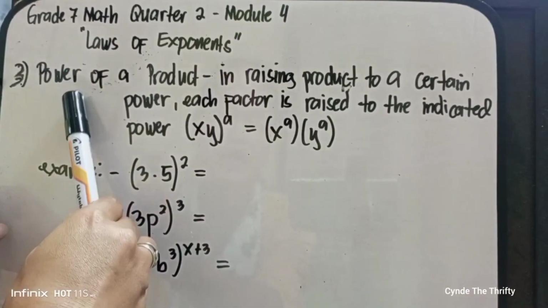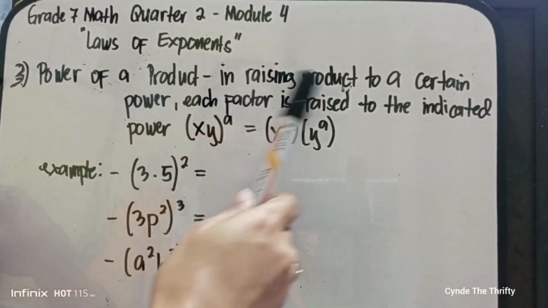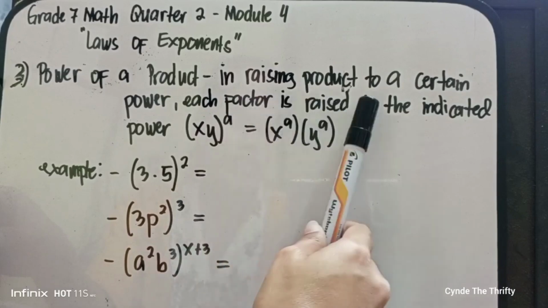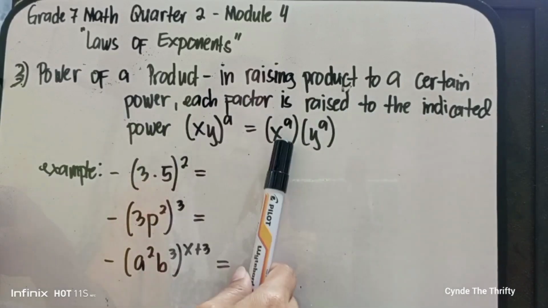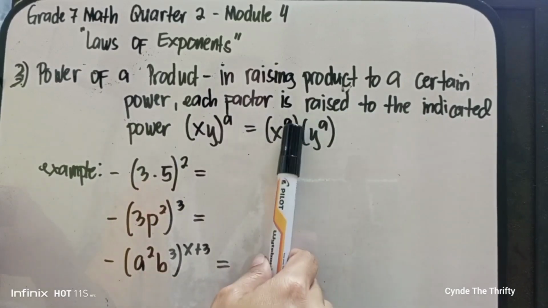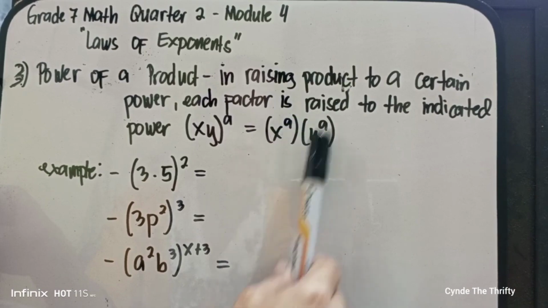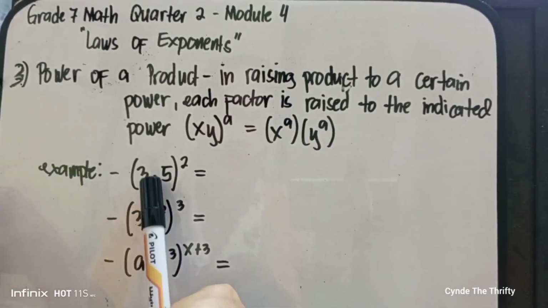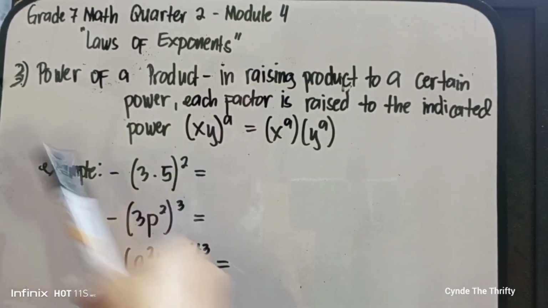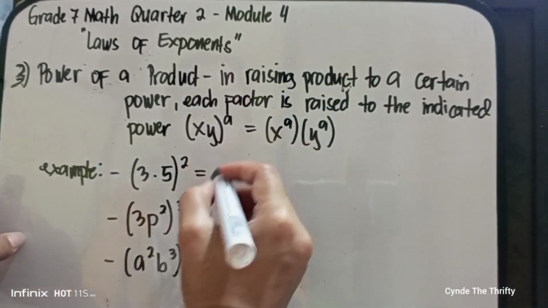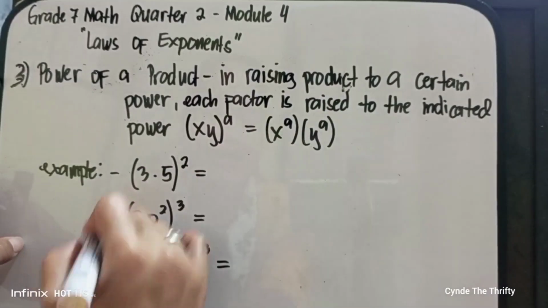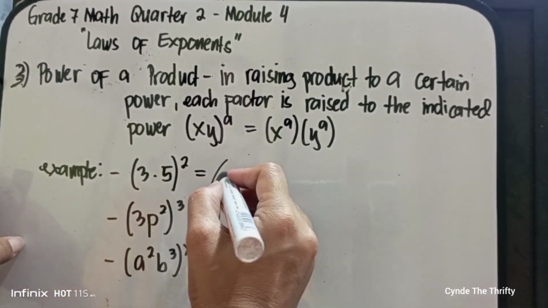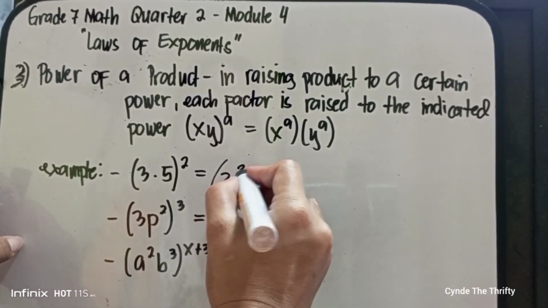Third law is power of a product. In raising a product to a certain power, each factor is raised to the indicated power. So just like this one. Si x is iraise mo sa power ni a at si y is iraise mo sa power ni a. For example, 3 times 5, squared. So, si 3 times 5 squared, kasi lahat ng factor is iraise mo into a certain or into an indicated power. So, magiging 3 squared